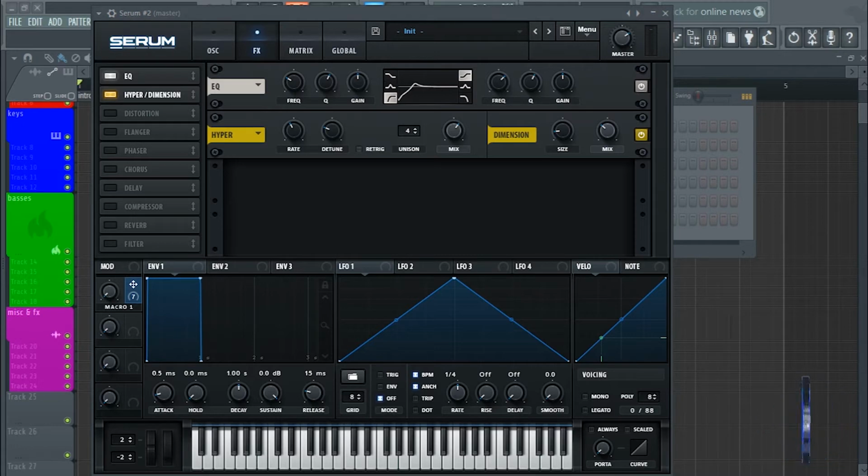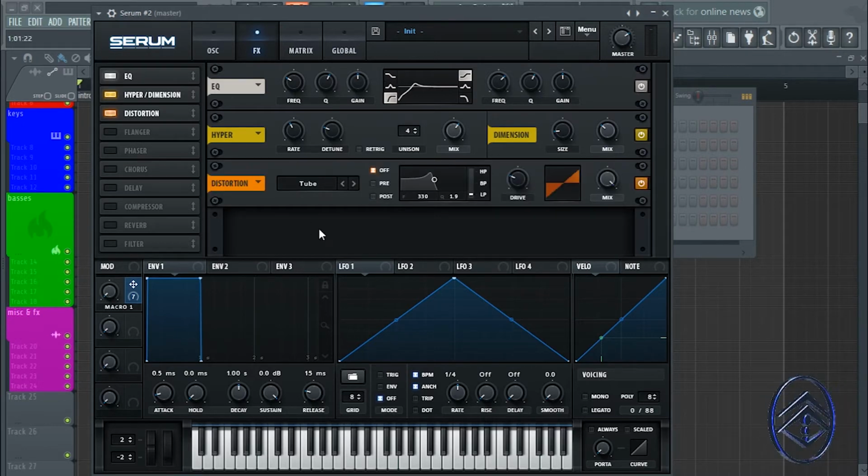Then we're going to move on to the distortion. So we need distortion now. And we're going to do sine fold. There we go. And the mix is going to be 34%. And then 15 on the drive. Alright, and then we're going to do